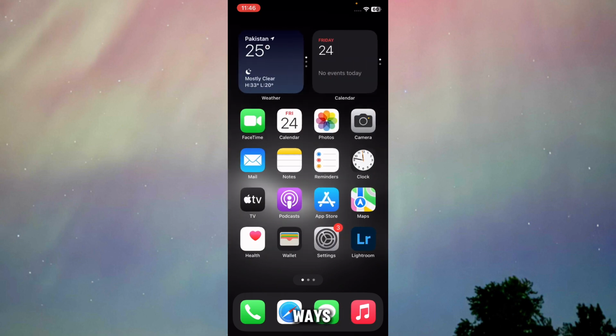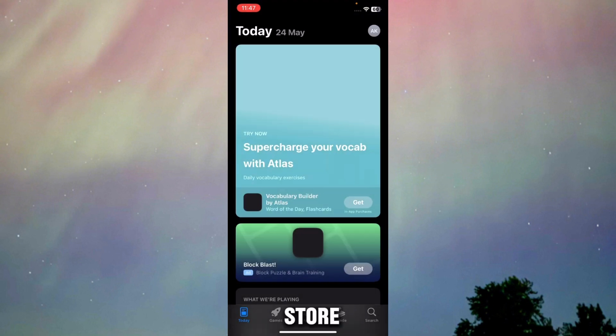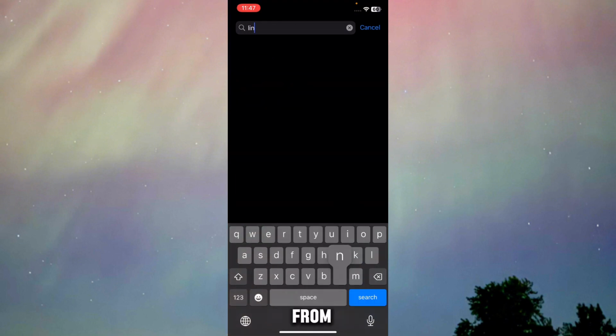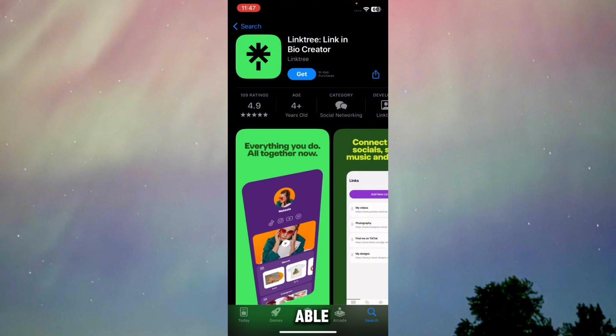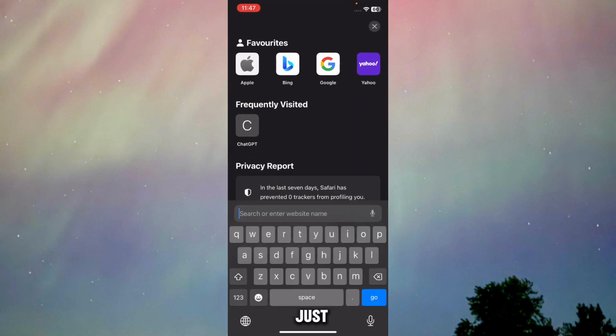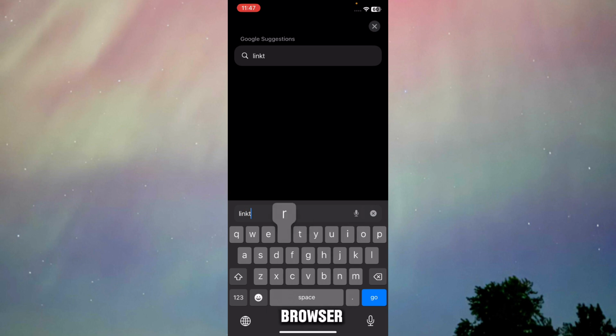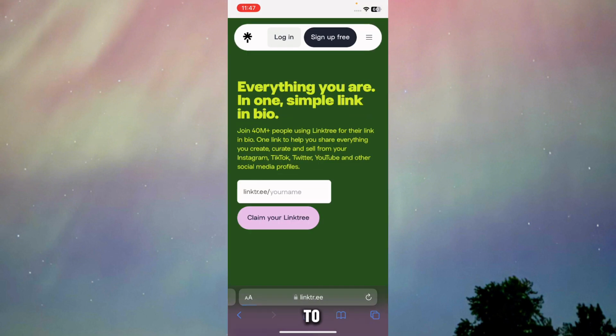You've got two ways to access Linktree. First of all, you could just download the app itself from the App Store, or if you're on Android, just download it from the Play Store. Just go ahead and search up Linktree, and you will be able to see the app. But let's say you don't want to download the app. You just go to Safari or any other web browser and type in Linktree. Then go to the official website of Linktree, and sign up for free,